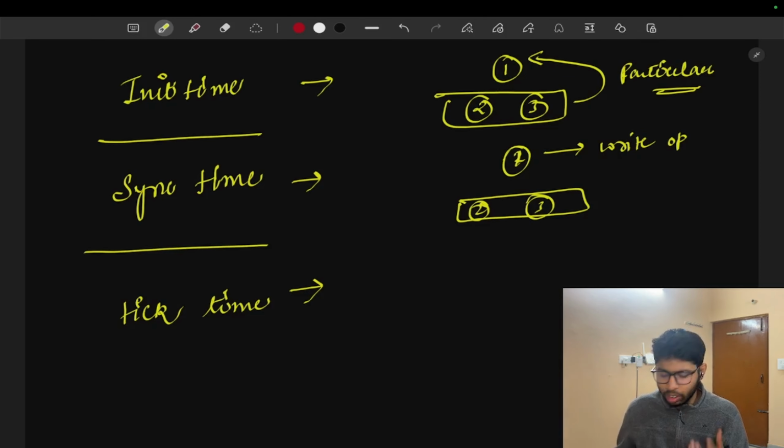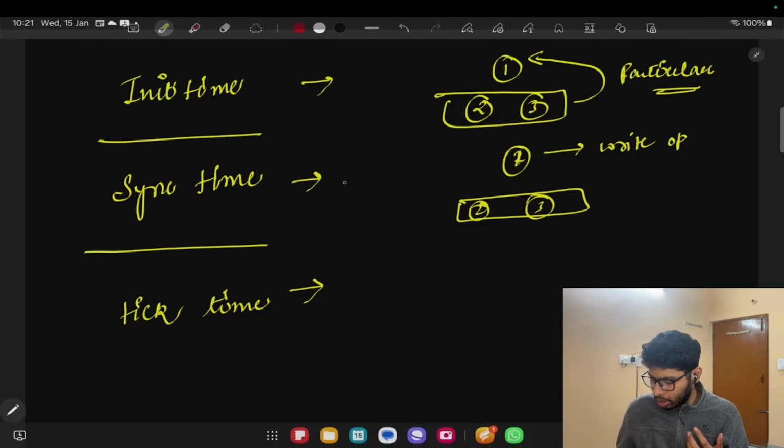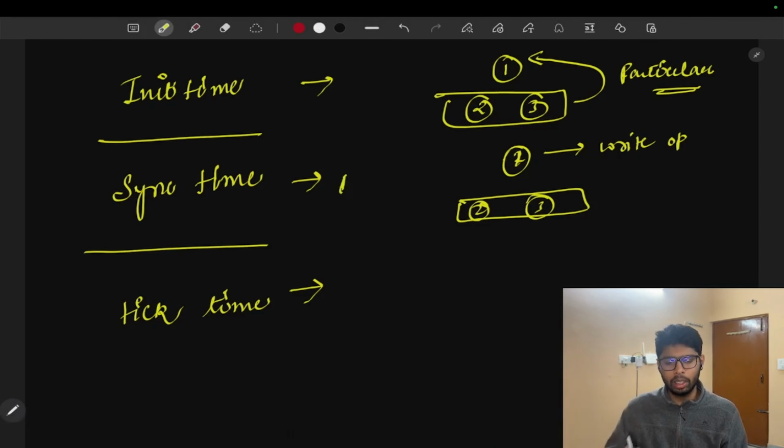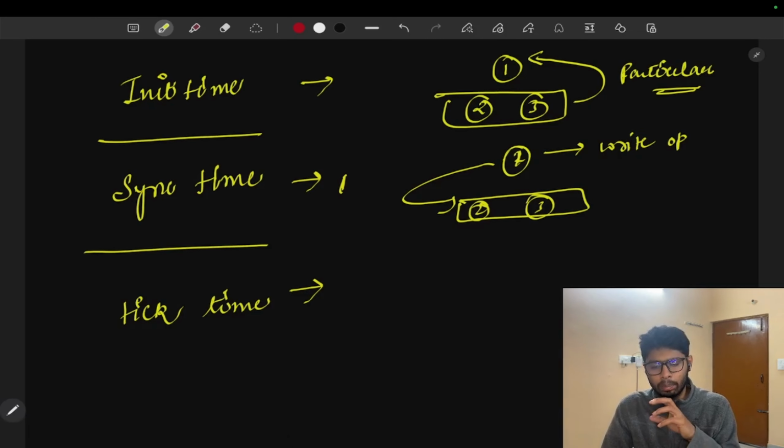So suppose we set the value of sync time as 1 second. What will happen? It says that server 2 and server 3 had to reach that particular state in which server 1 is right now. So there should be a connection, and this is the max amount of time server 2 and server 3 have to manage the state with server 1, our leader.